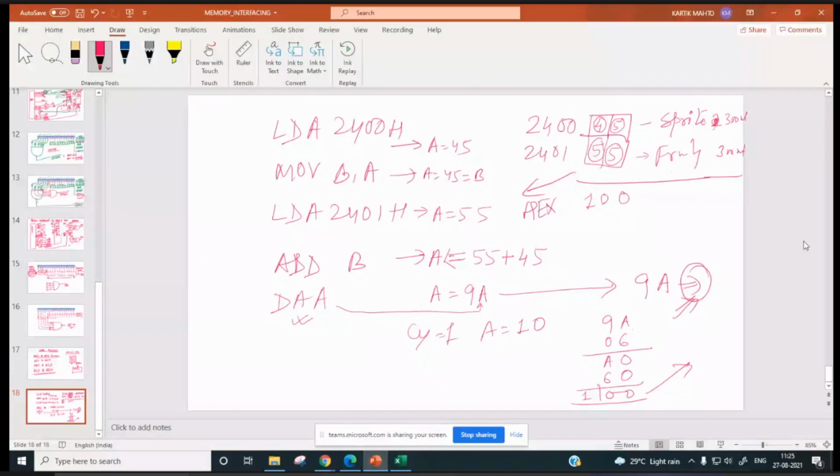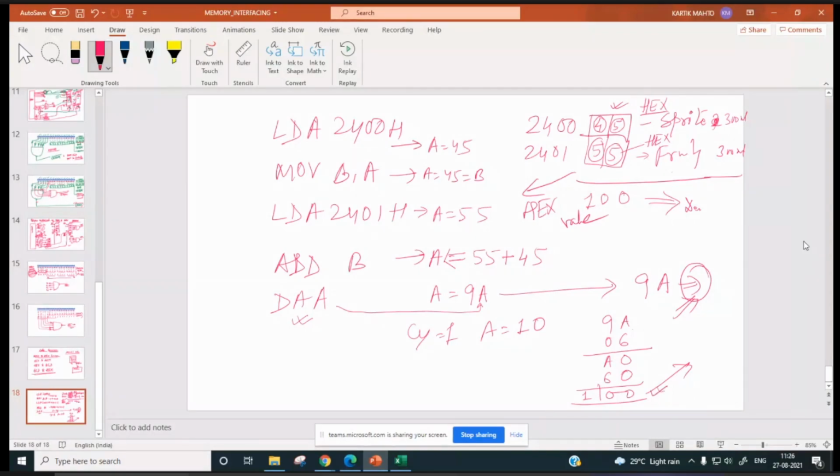Now if you convert this 45 to the corresponding hex and this 55 to the corresponding hex value, and if you add them together and again you convert that one to the corresponding decimal value, then you will get 100.